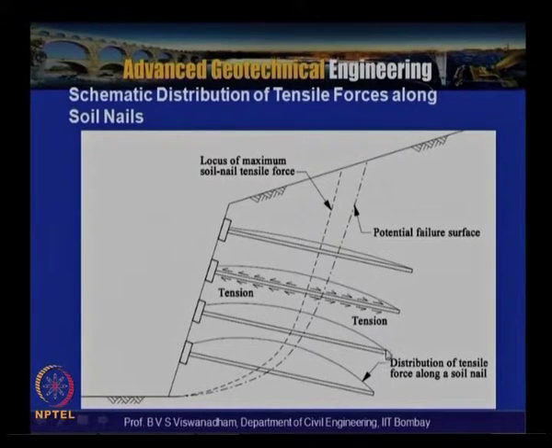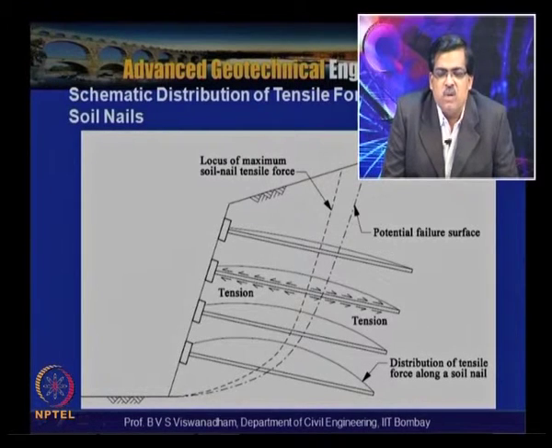facing and 0 at the other end of the nail, and this is the potential failure surface, and this is the line of the maximum soil nail tensile forces. The force is maximum here, the distribution magnitude will be high here, and as we come to the top, the mobilization of tensile force in the nail will be less. But if the length is not adequate beyond the active zone, there is a possibility that the nail is subjected to pull out failure. So one of the checks is to do an in situ pull out test to ascertain the pull out capacity of these nails.